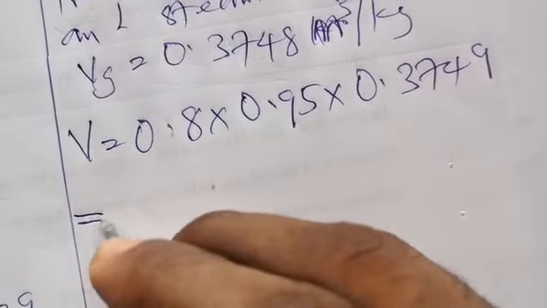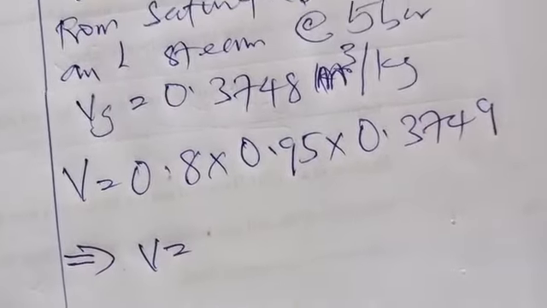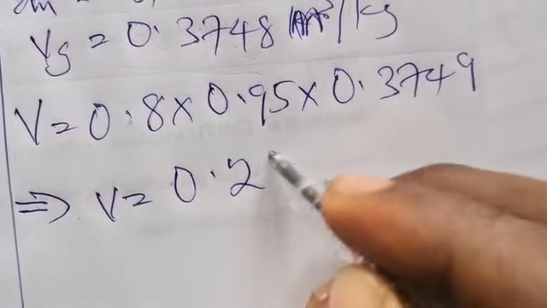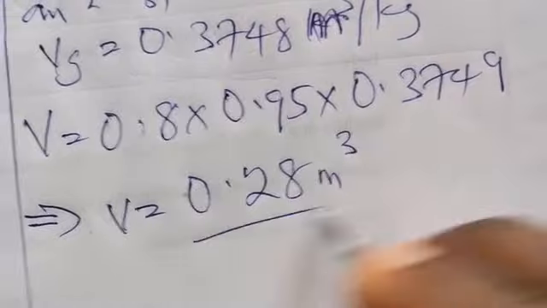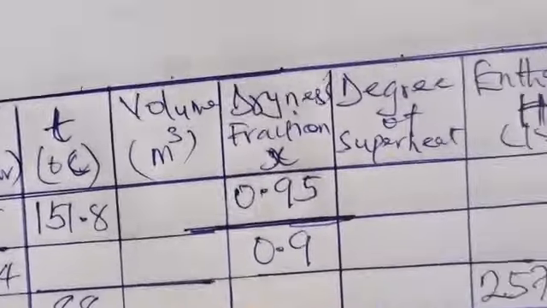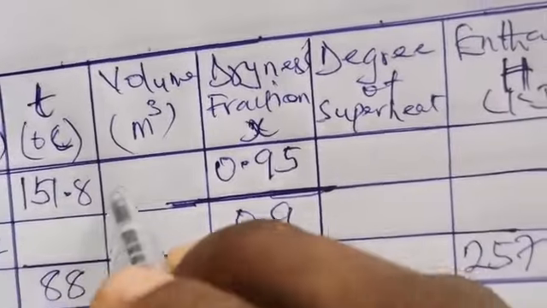So the total volume of the fluid is simply 0.28 meter cube. That's the volume of the steam, so the column for volume is simply